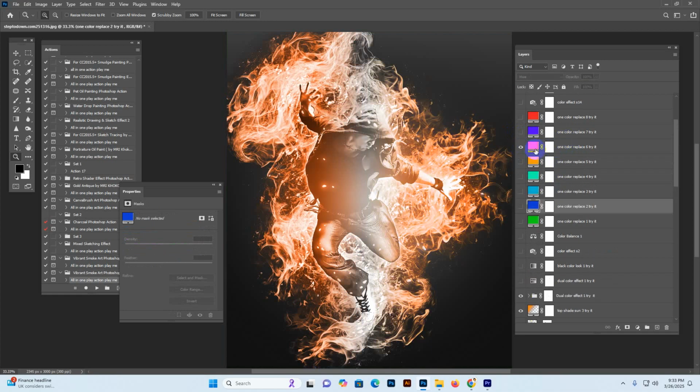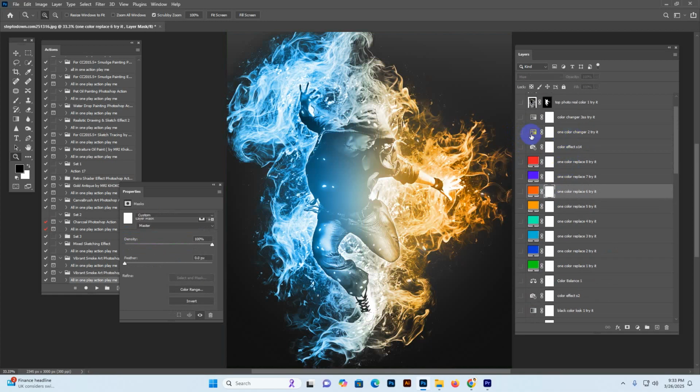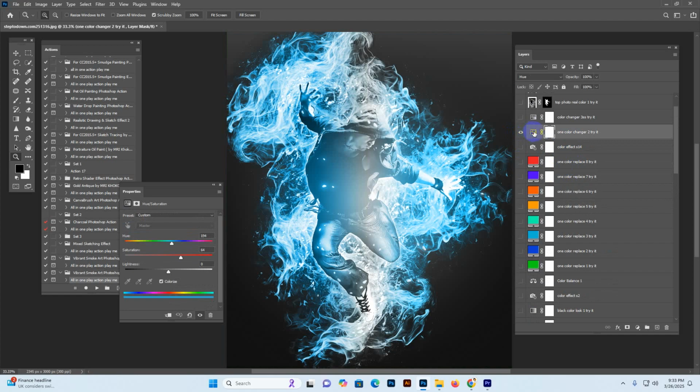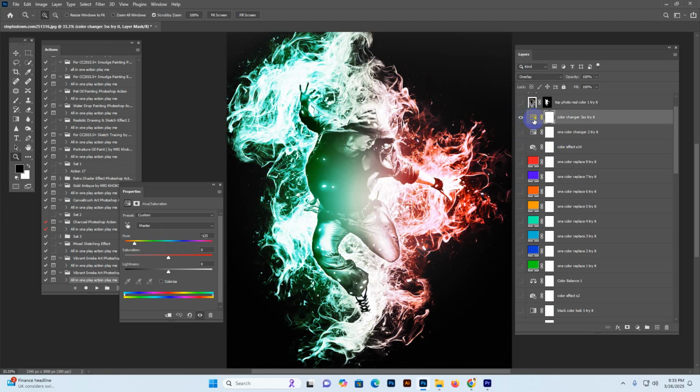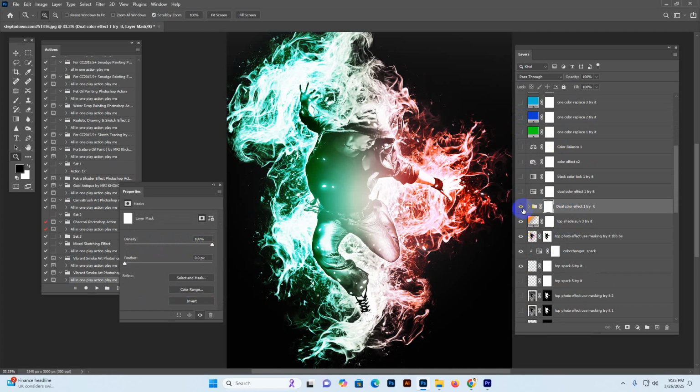And there is the option, another color changing. Double click this option and change the color. See, very easily you can convert. Uncheck and another color. See, and if you uncheck this one,